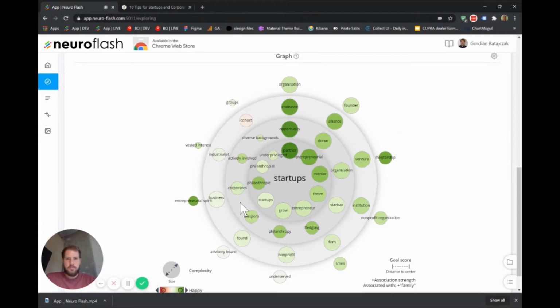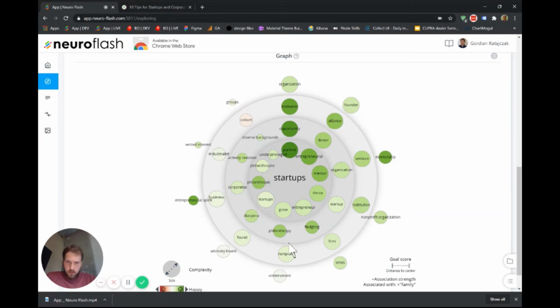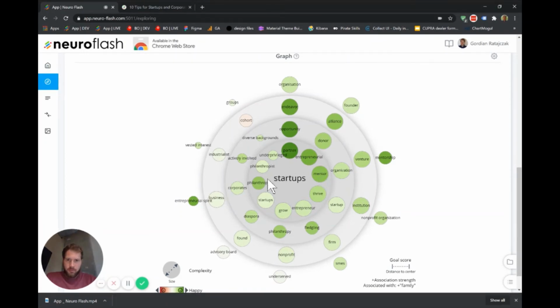And I can even see some of them are already inspiring my mind. For example, diaspora is quite interesting. Like the dispersion of startup people, maybe digital natives. So there's a whole branch of new ideas coming up now, talking about diaspora and the connection to startups. So there you have already quite a niche, an independent topic you can write about. And it took me maybe 2 minutes to get here.